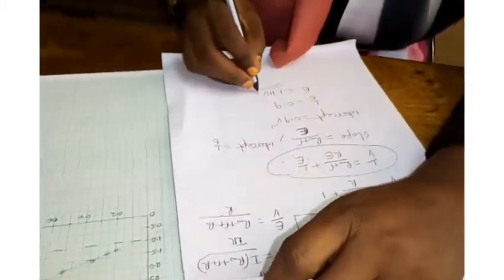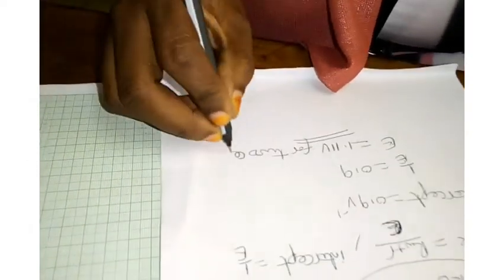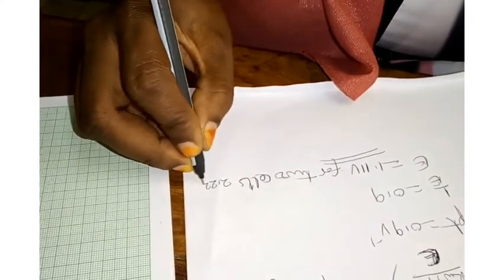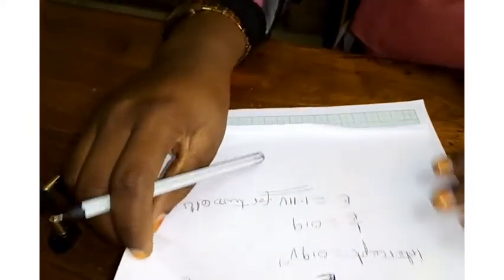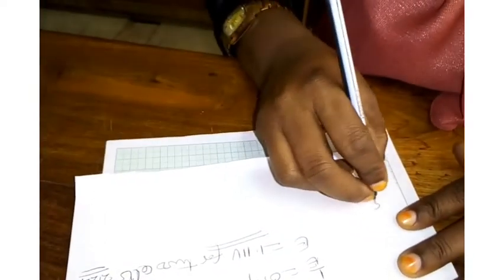So if there are 2 combined cells, meaning I have already obtained the EMF for 1 cell. So for 2 cells it should be 2.22 volts. So I'm looking for the resistivity. All the time we are looking at the resistivity of a wire. Okay. So from the graph, slope